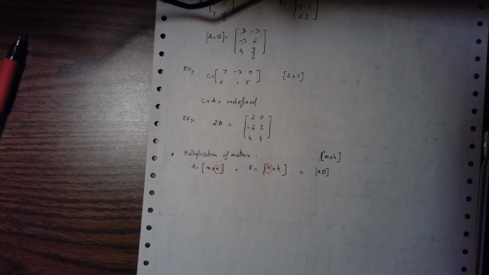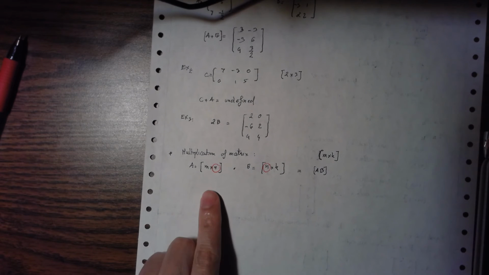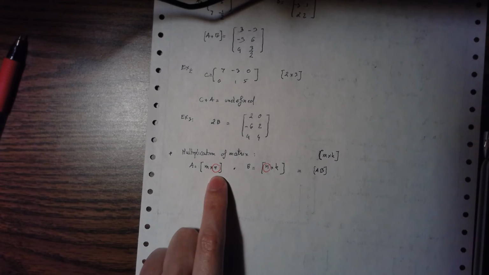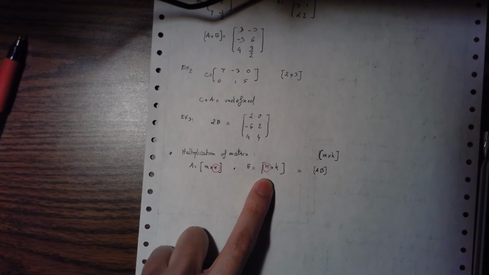I said matrix A multiplied by matrix B. I didn't say matrix B multiplied by matrix A, okay? Because it's different. In classical algebra, you already learned that 2 times 3 equals 3 times 2. It's the commutative property of numbers. However, in matrices, we don't have the commutative property. It means matrix A times matrix B is different from matrix B times matrix A. Why? In this case, I wrote matrix A times matrix B, where the number of columns of A equals the number of rows of B. But if I switch them,